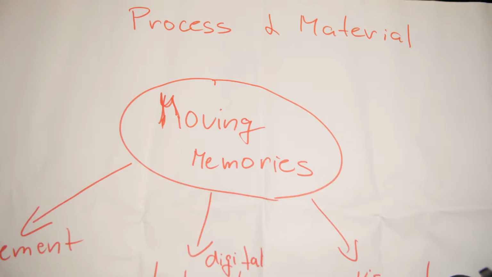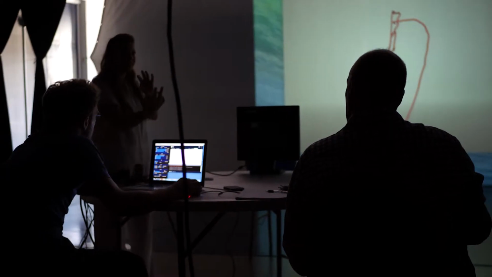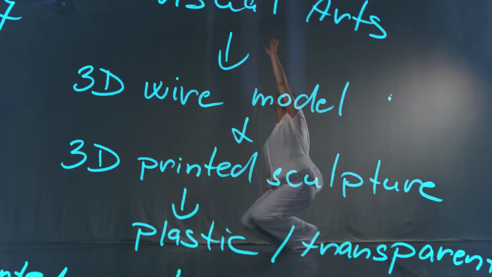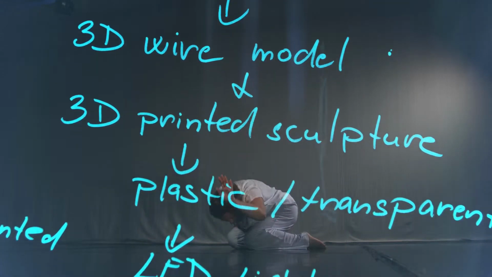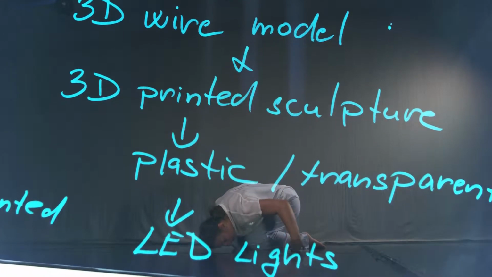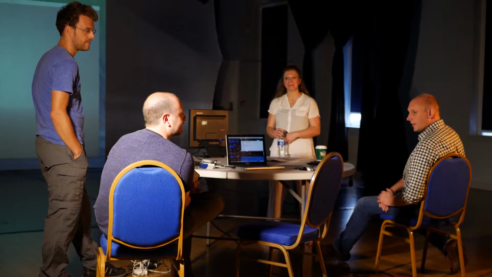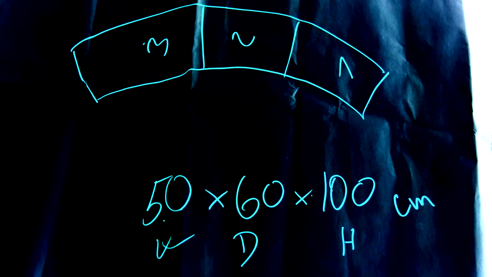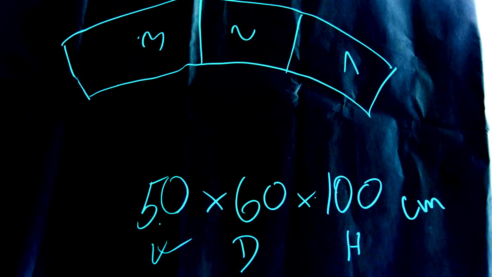I'm looking at movement and how movement can be translated through the use of digital technologies. And with this piece, I'm looking at how to explore these two elements with visual arts as well. We hope to achieve, at the end of this residency, different segments of the overall sculpture. We started at the beginning of the process with 6 segments for the sculpture, and through the process and discussions with a collaborative team and artistic decision, we decided to go with 3 segments for this piece.